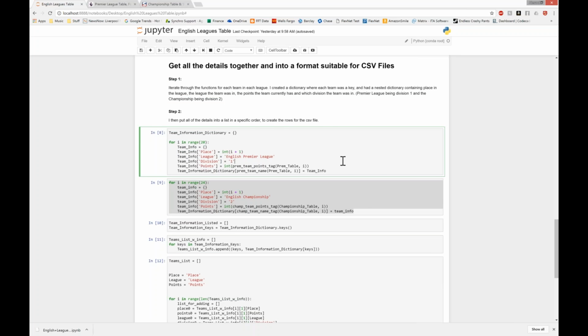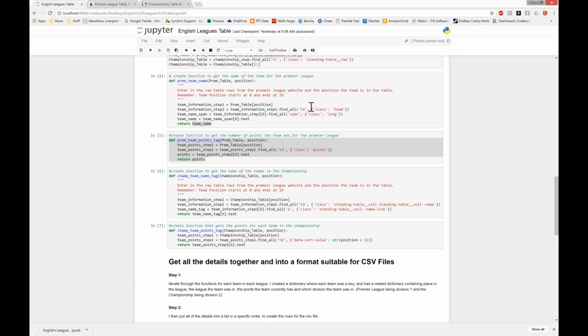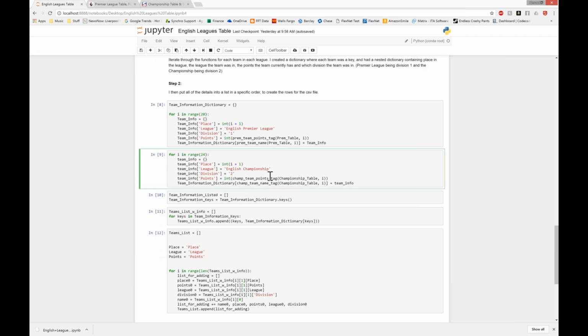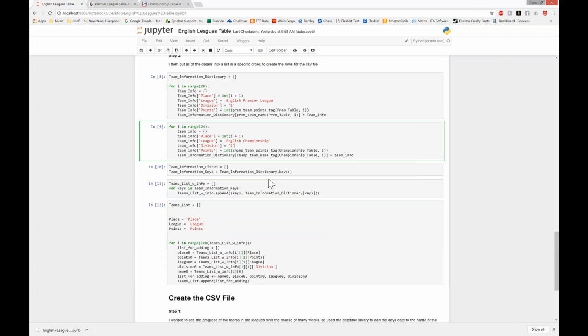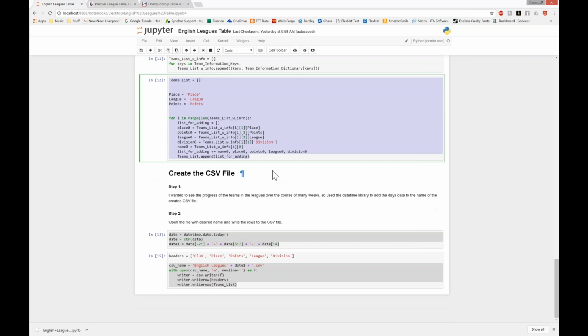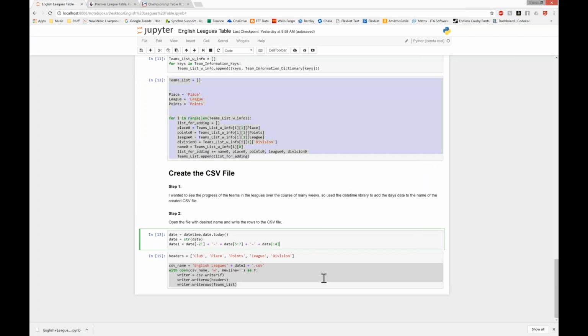championship teams. Alright, so once I have these functions all written out and coded, I can then use this loop to iterate through those functions and basically create a dictionary with all the information I'm looking for. And once I have this dictionary with the Premier League teams and championship teams with the points for each team, I can then turn that into a list in a format that is suitable for a CSV file,